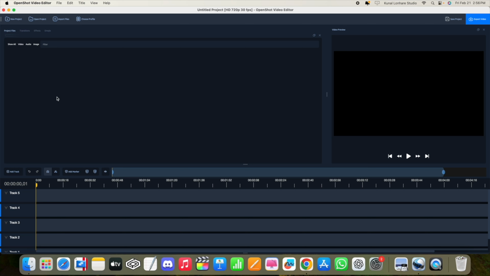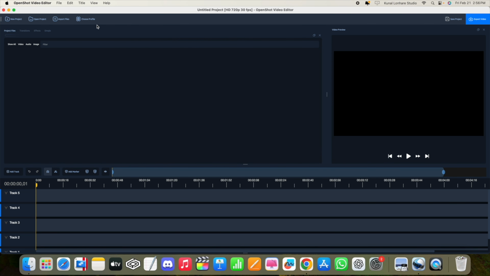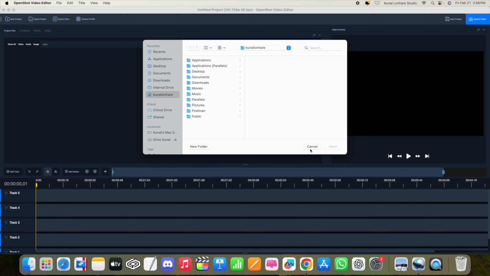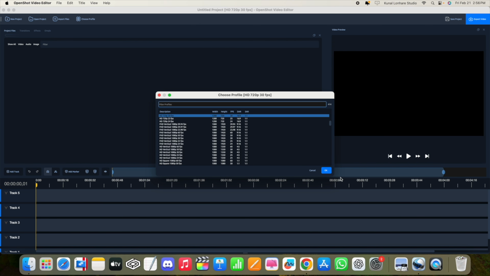If we talk about the very top in OpenShot, you can see we have a new project option. From here you can create a new project or open any other project, and you can also import files from here. We are going to talk about that. And if you have multiple profiles, you can choose that from there. When you click on this